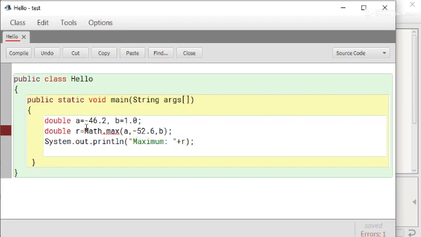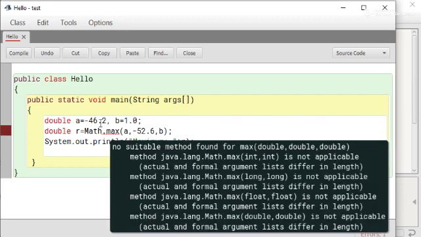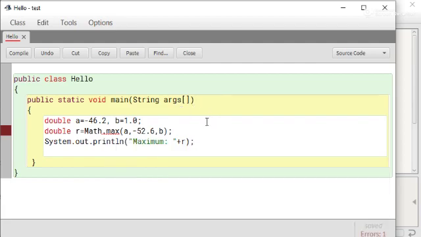To find the maximum among more than two variables, we have to use nested form like this: math.max a comma, again apply math.max, minus 52.6 comma b, close the bracket. Now look at this statement.